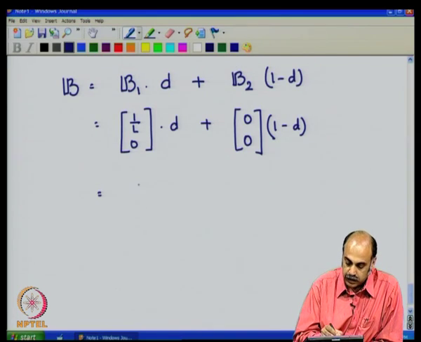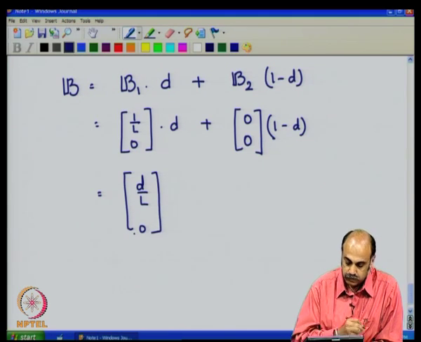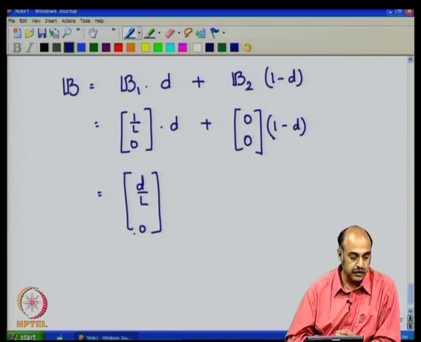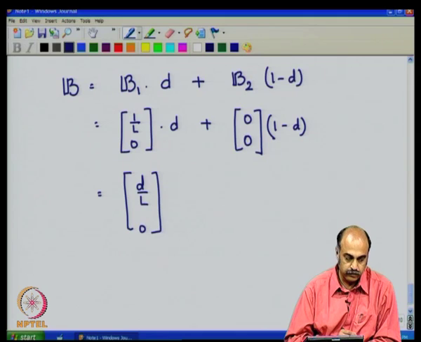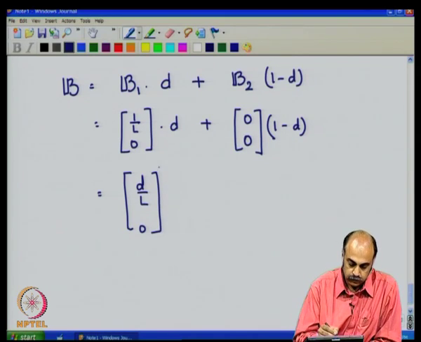So, this becomes D by L and 0, and the average small signal model,